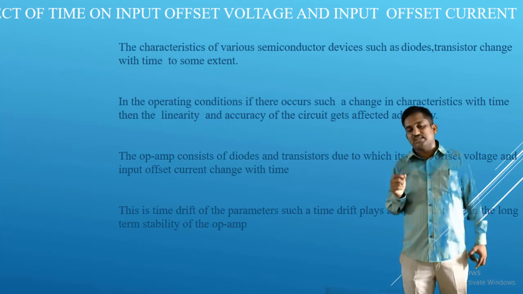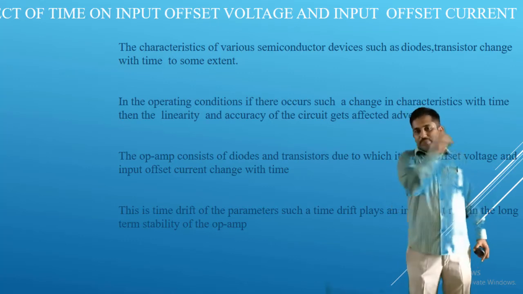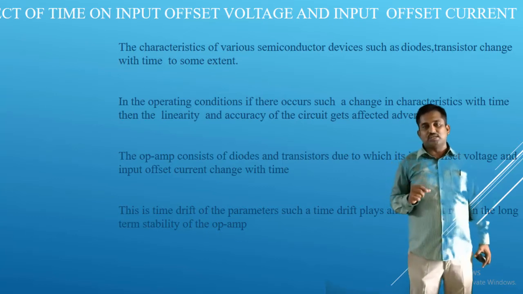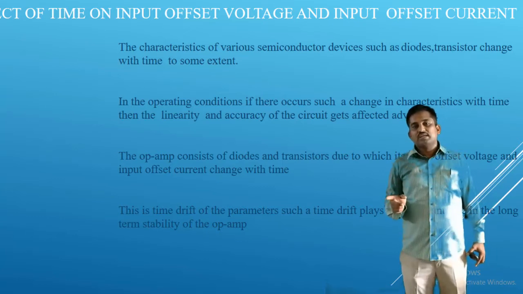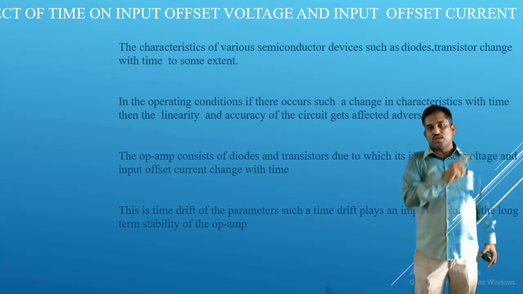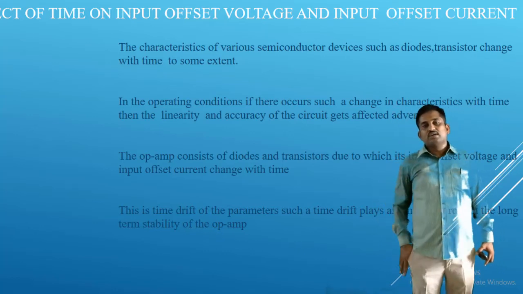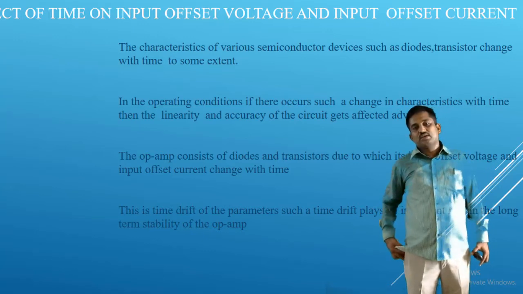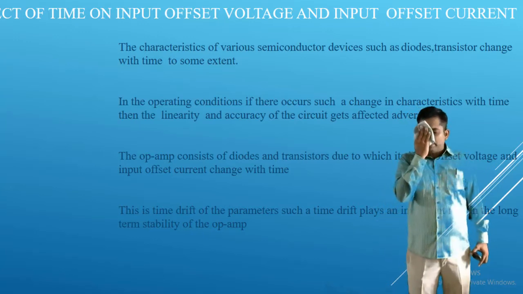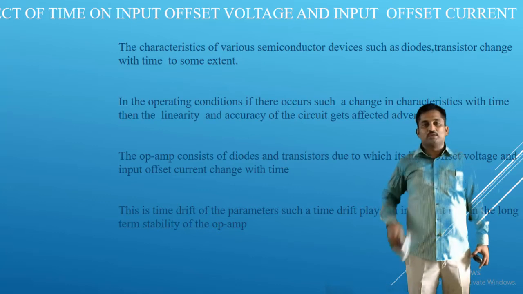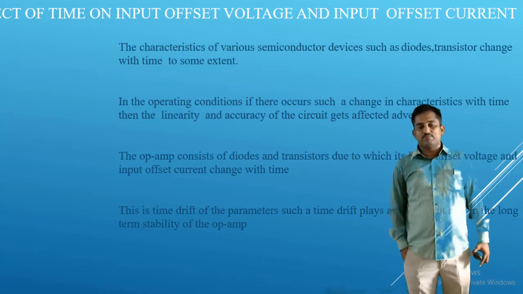Because I am representing temperature as capital T, to know the difference between time and temperature, there I used the capital letter, and here I am using the small letter t for time. Here it will be expressed as nanoamperes or picoamperes per week. Why? Because it is time.